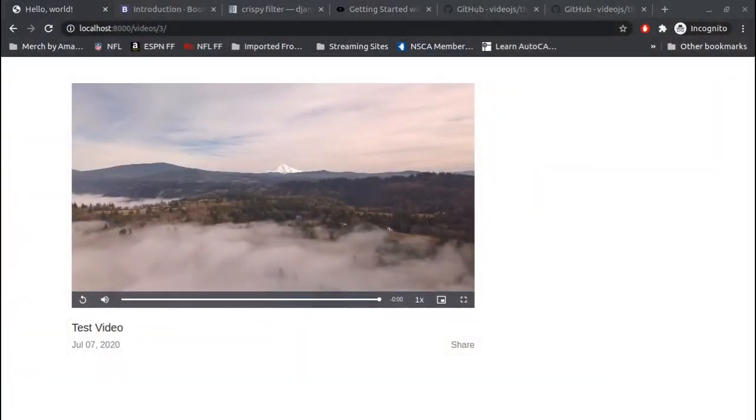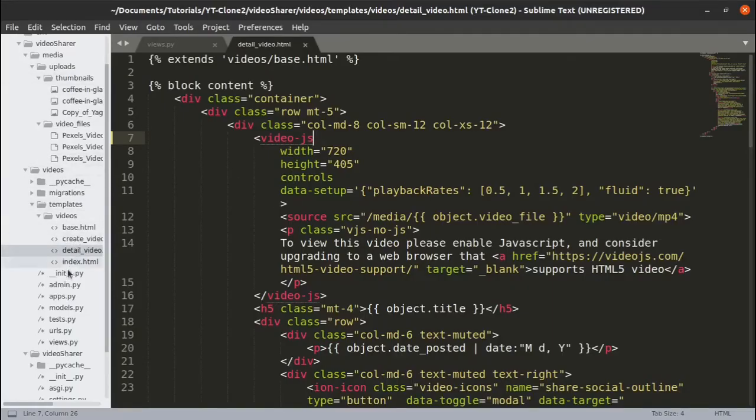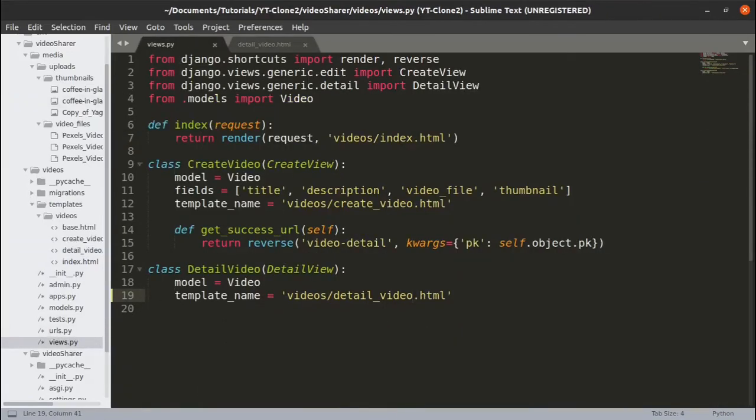Alright, so let's go ahead and add our update view and delete view, and that'll be it for this first tutorial. So first we'll add our update view. We'll go ahead and go into our text editor here. Let's go ahead to our views and add our update view. So below this detail video, we'll go ahead, add a class, update